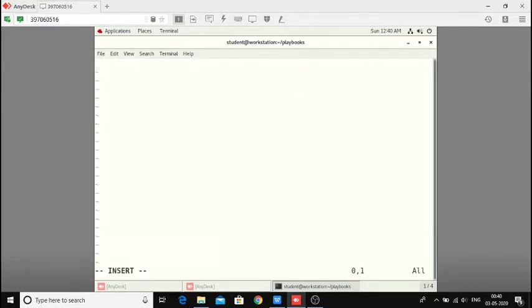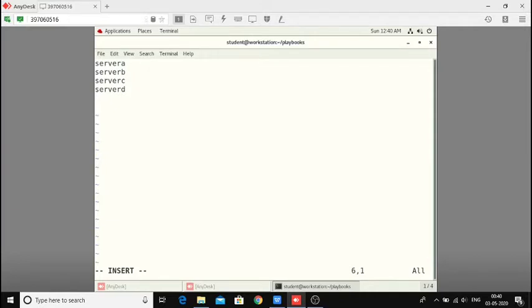Alright guys, so in my setup, the name of the controller is workstation, and the managed host names will be server A to server D. So here I'm taking server A, server B, server C, and server D. You can make the inventory in many formats, and you can also organize it group-wise.